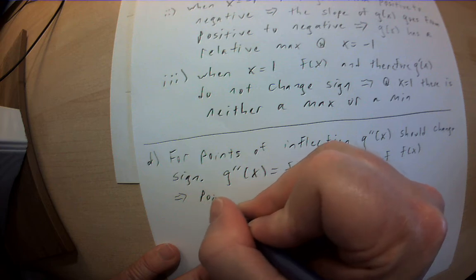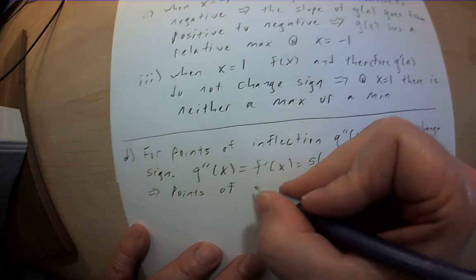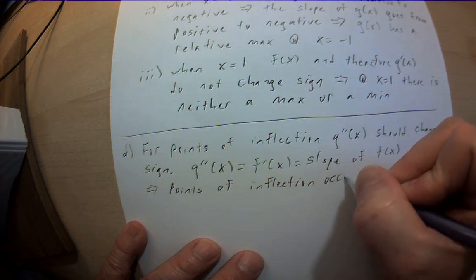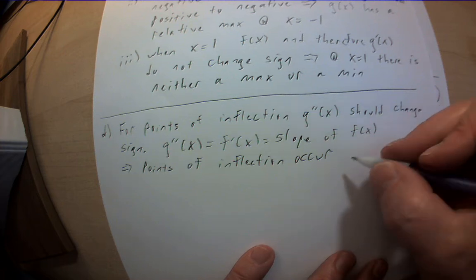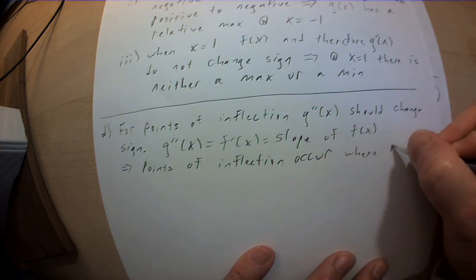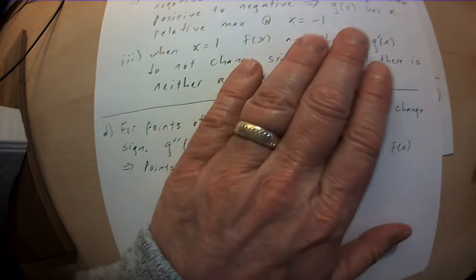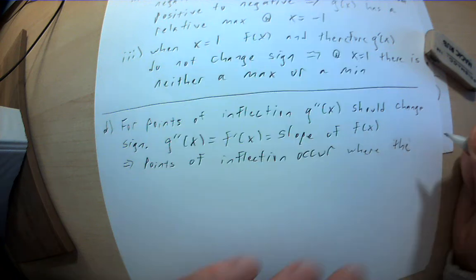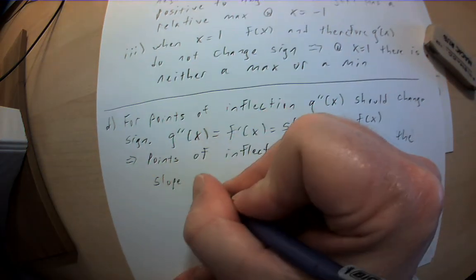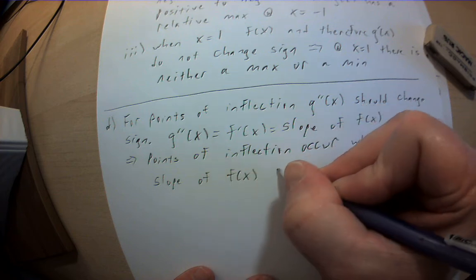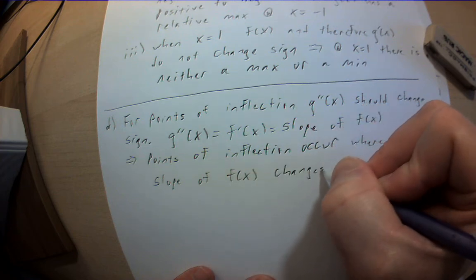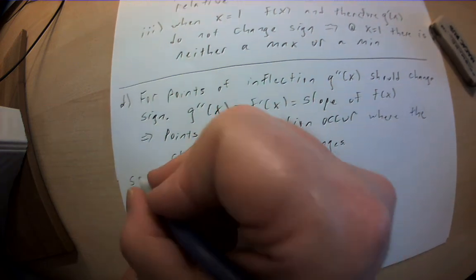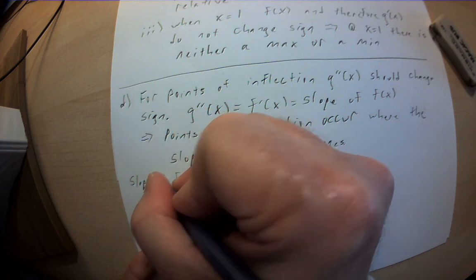Therefore, points of inflection occur where, I'm going to say the slope of f of x changes sign. Slope of f of x changes sign at